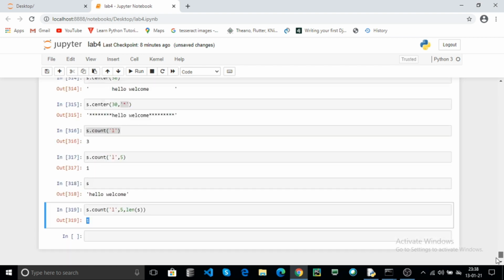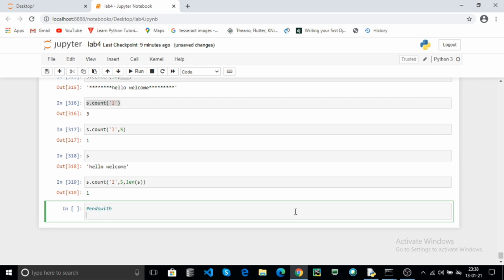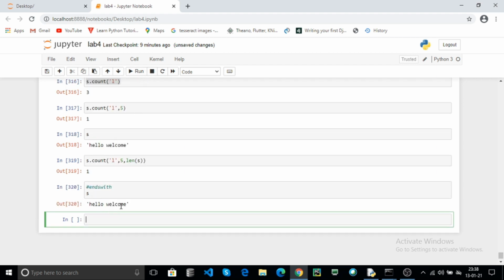Now endswith. Here if your string ends with E, for example, here this specifies the string ends with S, it returns true, otherwise false.